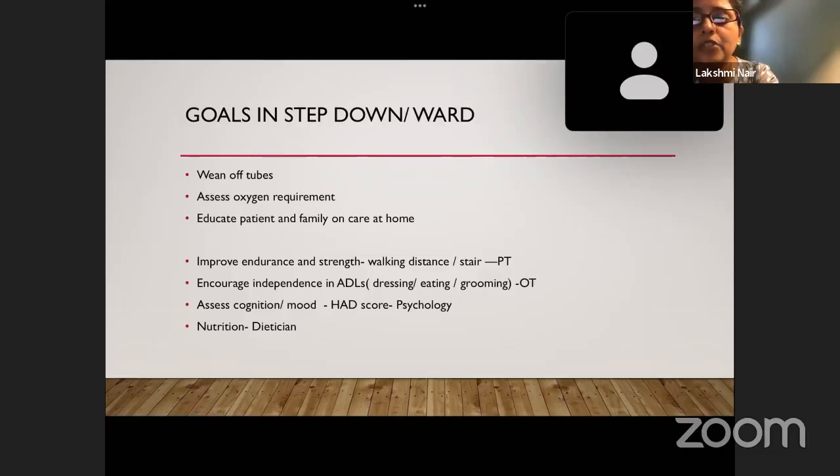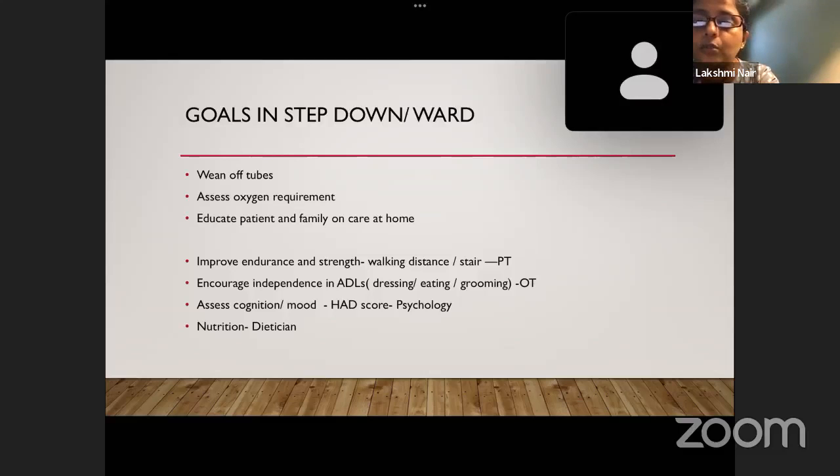The Hospital Anxiety and Depression Scale is a very good scale which the psychologist can use before prescribing antidepressants. One of our patients had depression. We tried antidepressants, but she developed an obstructive sleep apnea-like picture with them, and we had to readmit her with worsening saturation. So be careful when you start antidepressants. Do a Hospital Anxiety and Depression Scale and then start it.